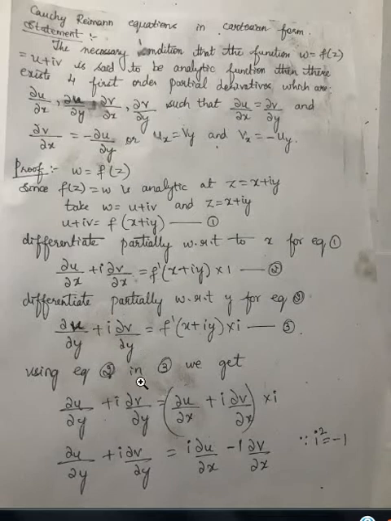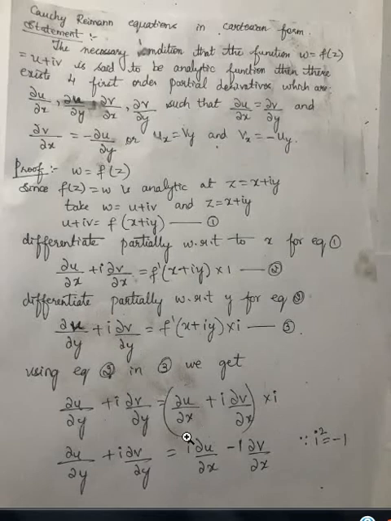Now using equation 2 in 3. For this third equation, you will put this because you have f dash of x plus iy. For this x plus iy, the whole thing you can substitute here. Next, ∂u/∂y plus i into ∂v/∂y is equal to, all these values you can put over here. It is ∂u/∂x plus i into ∂v/∂x. The i value, bring it down. Next, ∂u/∂y plus i into ∂v/∂y is equal to, multiply i